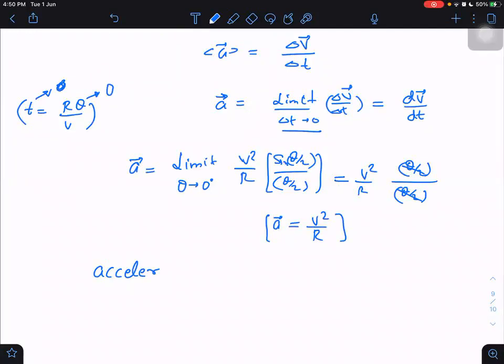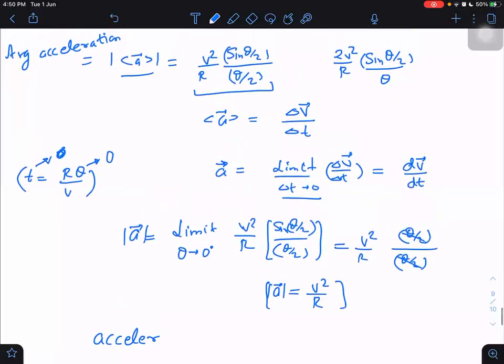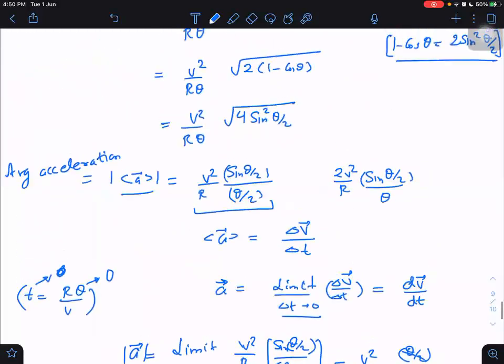The sign. It is the magnitude. When theta is a very small angle, sine will get... No, sign should be there. He's right only. But actually, why is the sign not appearing? The reason is